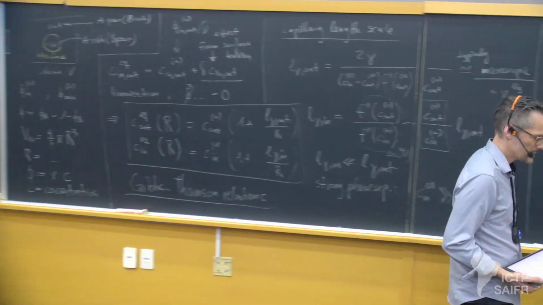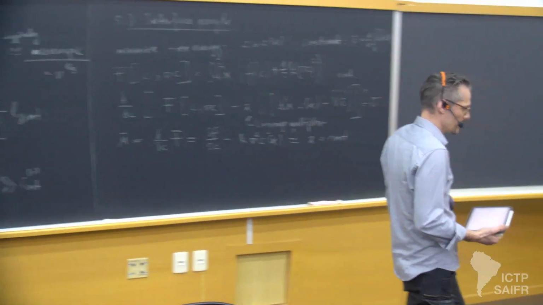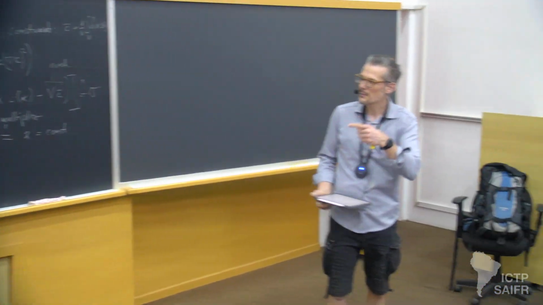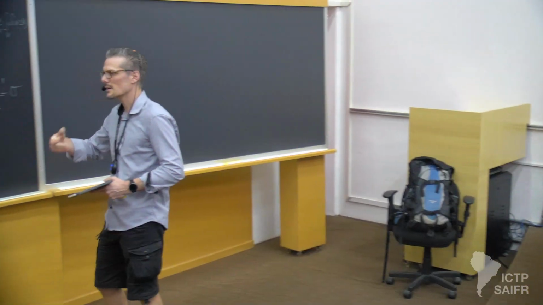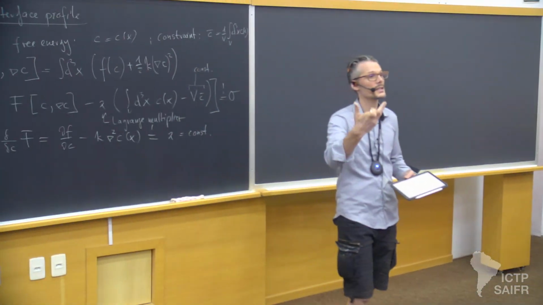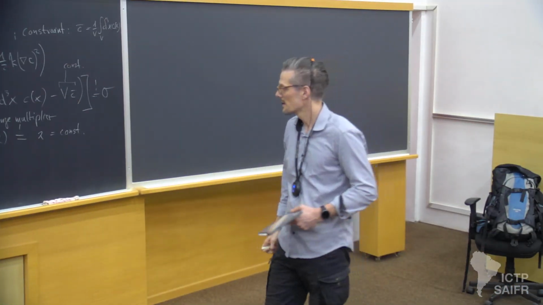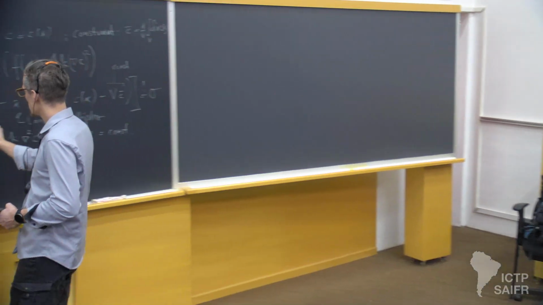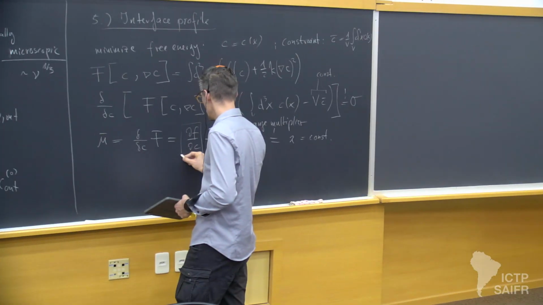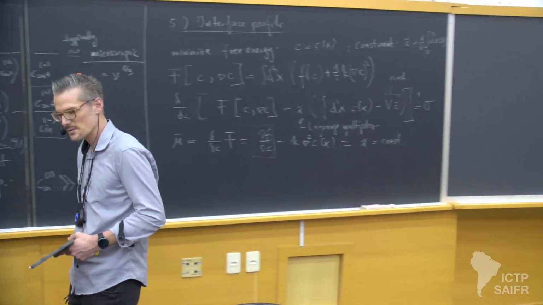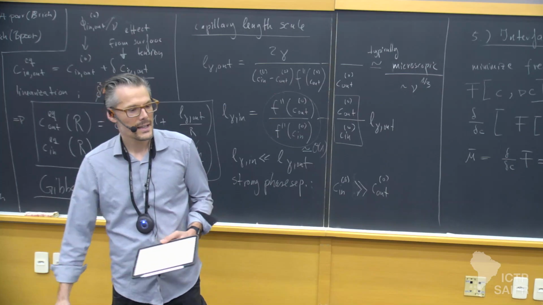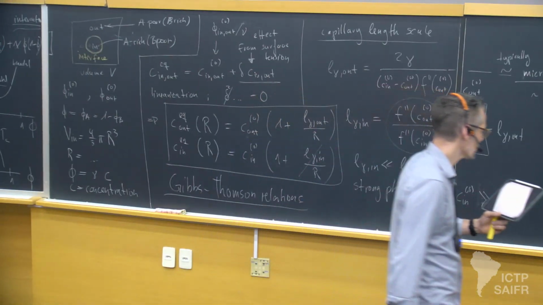When you open up a textbook, you typically don't find this because people focus on critical points. They already work with Ginzburg-Landau and have done a critical expansion around the critical point. Then this object actually gets much simpler, and it's also rather easy to solve. And the solution you get,